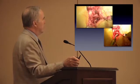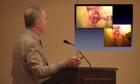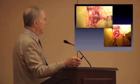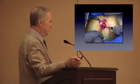I use a curved curette to find my canal, and then follow that with the rat-tailed rasp. There's a Dirty Johnny joke associated with the rat tail, but